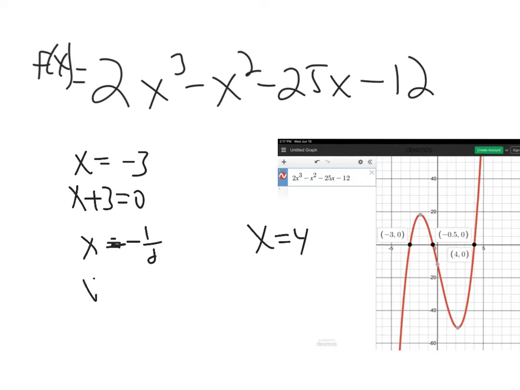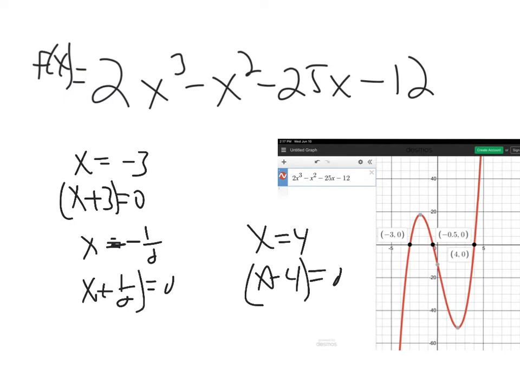We know that x plus 1/2 equals 0, and x minus 4 has to equal 0. And so there's a factor. There's a factor. Some people will write the factor for x equals negative 1/2 as x plus 1/2. It's not really the best way to do this, because if you were to do some factoring by